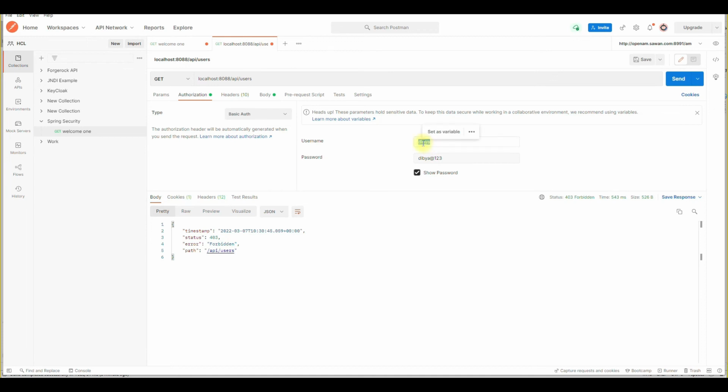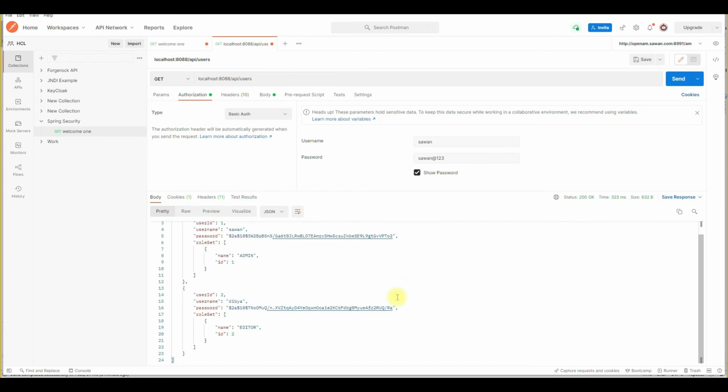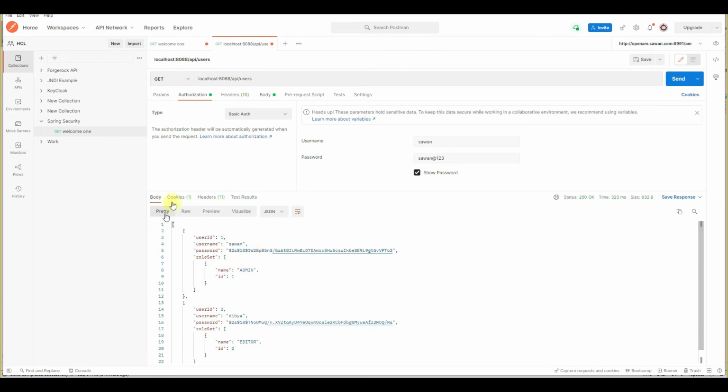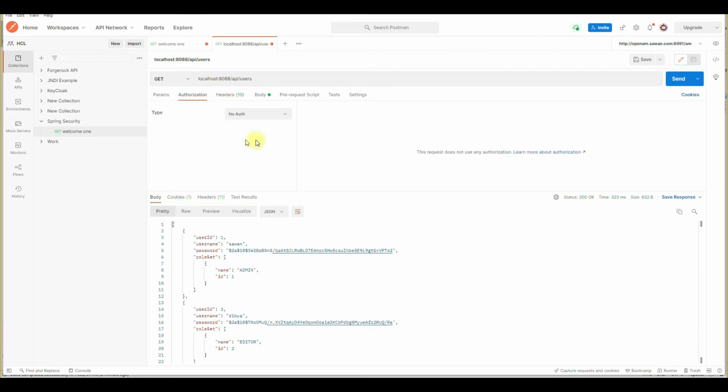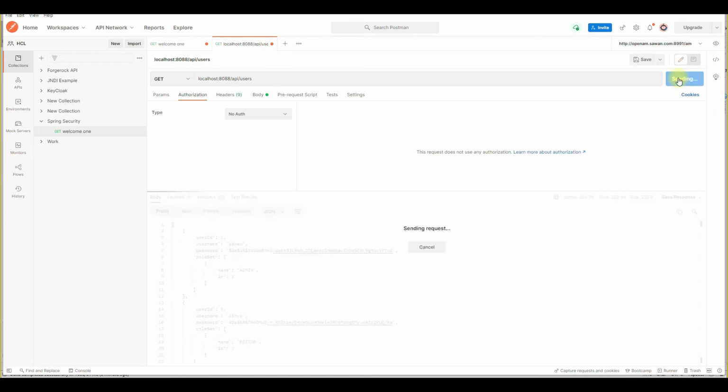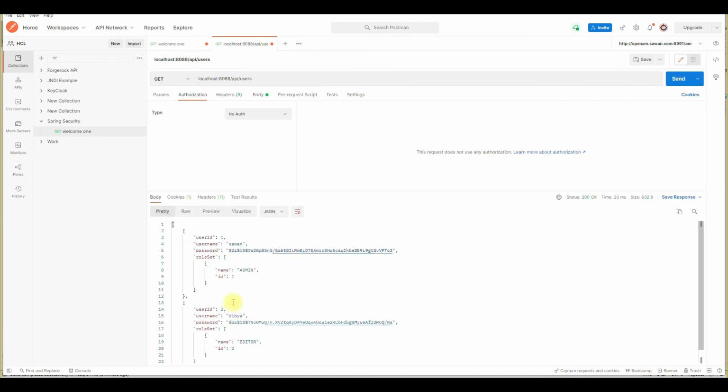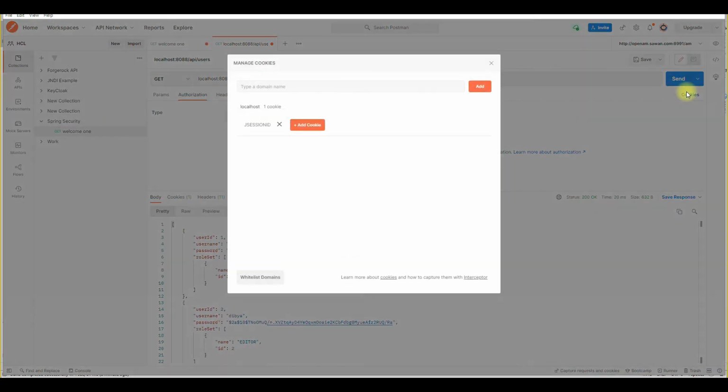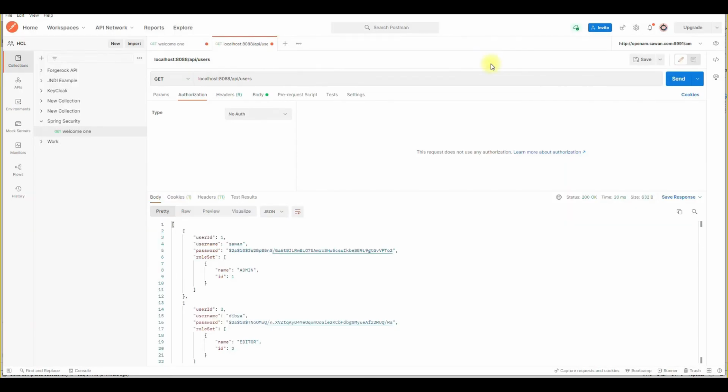Okay, let me try with the admin user, Savan, and when I click on it, now we are able to access this detail. If I select no auth and again hit the API, now we are able to access. We don't need to pass the authentication a second time, because we will see inside the cookies there is a JSESSIONID present here, so we don't need it again.